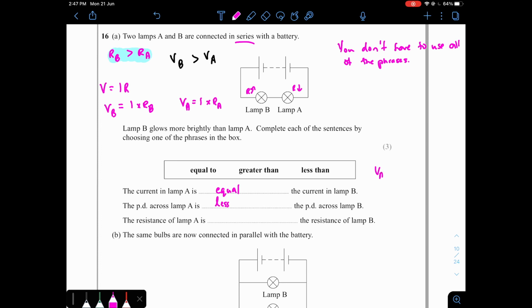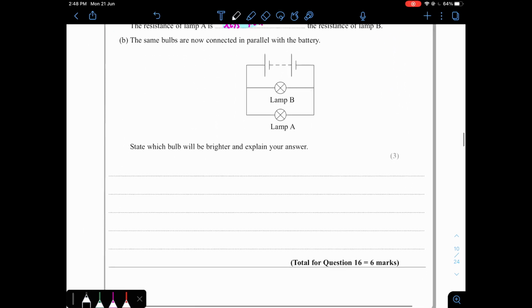Because this is talking about VA is less than VB, less than. And because we know that the resistance of lamp A, we've already concluded that, right? RA is less than RB. So this is also less than. You can see here we have not used all of them. We've only used less than and equal to. We have not used greater than at all here. So it's not always necessary to use what you've been given. Okay, so